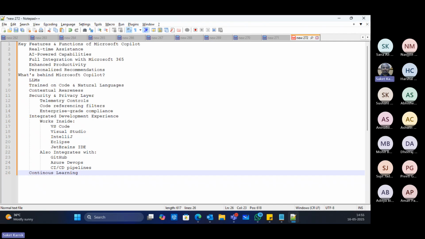It learns based on the OpenAI and GitHub feedback and telemetry, if it is enabled by the developer, to improve future versions, future suggestions, and future auto completions. Understand?